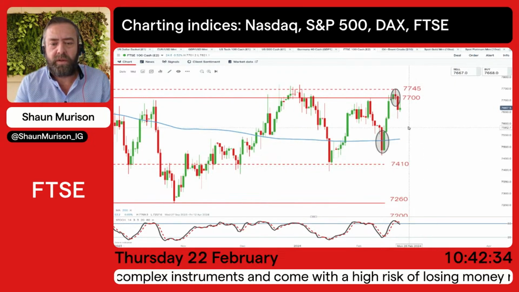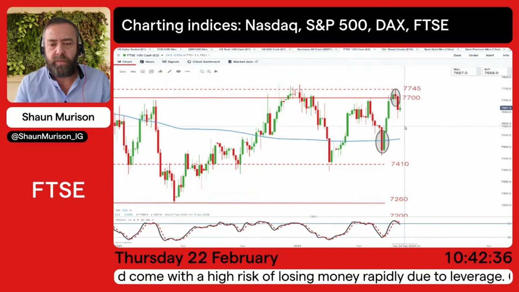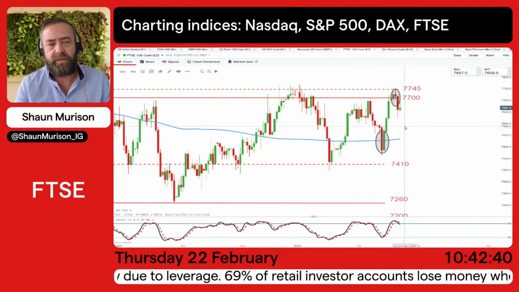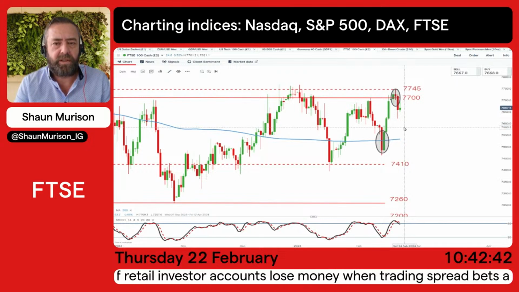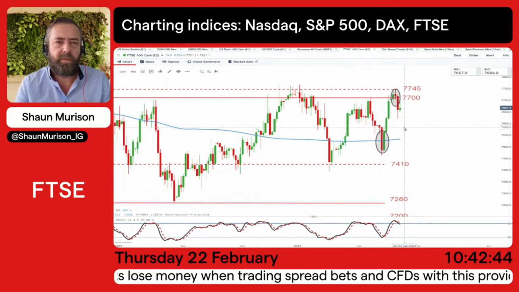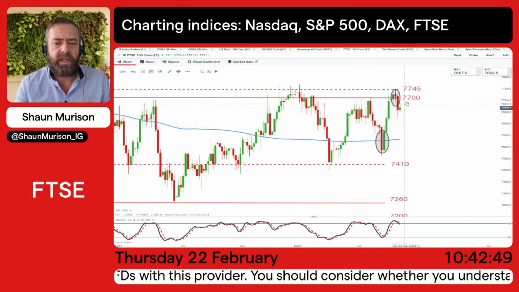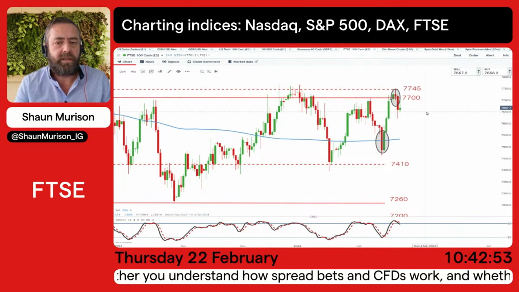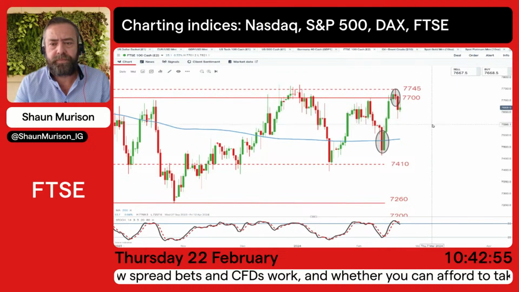If you're looking for a more conservative target, you could probably look at somewhere about that 7,590 mark odd as an initial target. And of course, if the market does start to move in the correct direction, you could always look at trailing a stop loss. Initial stop from here, depending on your threshold for risk, maybe on a close above that 7,700 mark. If you want to have it a little bit wider, a close above that 7,745 mark. But there is a bearish reversal in play on the FTSE, and that is supported by an overbought signal right